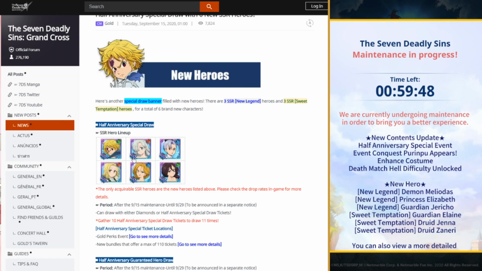But the 2 that I actually want the most are definitely Green Demon Meliodas and the Jericho. So it's a 2 in 6 chance. I've got a 1 in 3 chance that I actually get a unit that I want, but I still got to end up hitting that 3% SSR rate. So